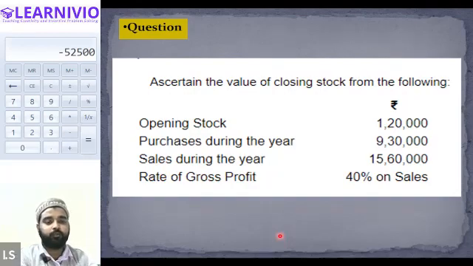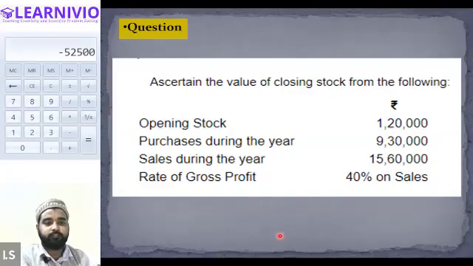To find out the value of the closing stock, which formula will be applied? We will apply the COGS formula, wherein opening stock plus purchases plus direct expenses minus closing stock is there. Is that clear, Alexander? Yes, sir. So apply the formula for the COGS and find out the value of the closing stock. Let me also solve this.